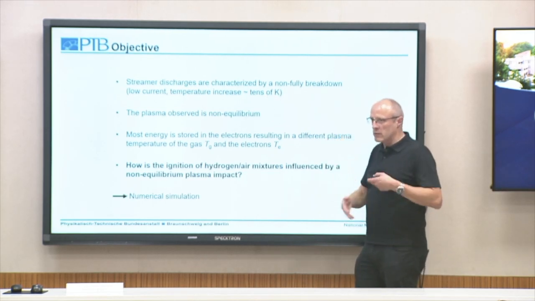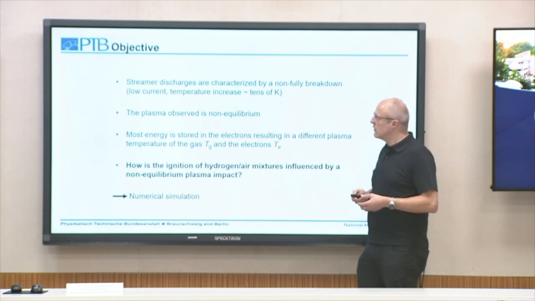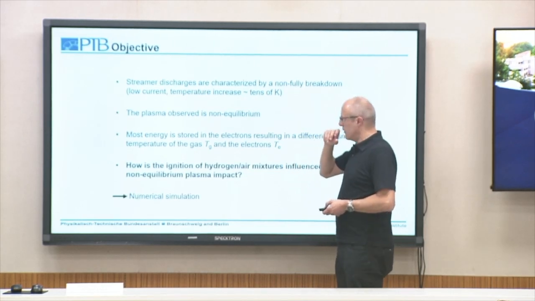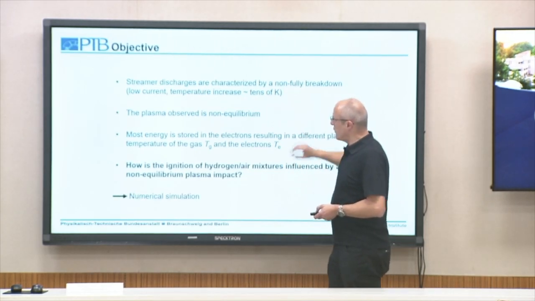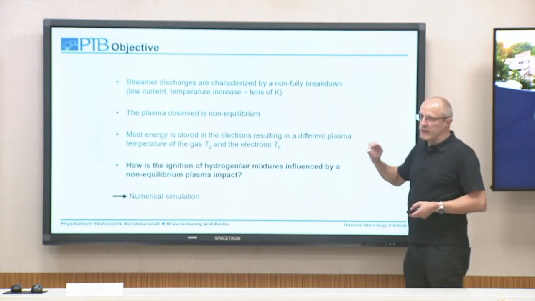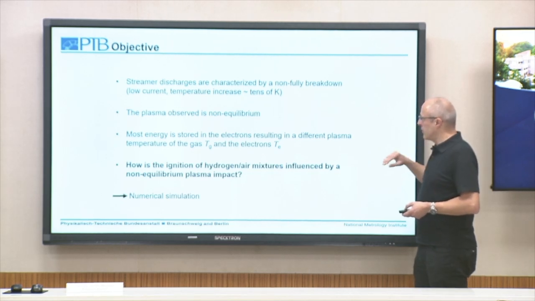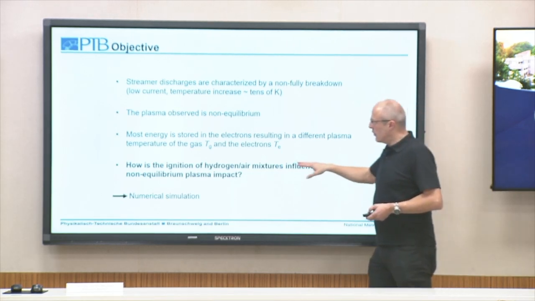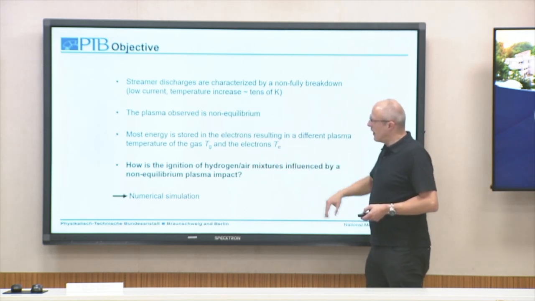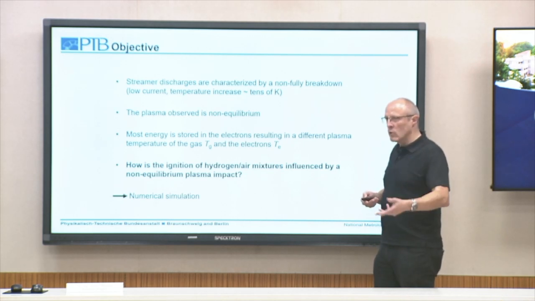So we are not talking about thousands of Kelvin, like for a classical spark, but tenths of Kelvin increase for one streamer discharge. The plasma is non-equilibrium, and most of the energy is stored in the electrons. So we do not heat up the system, but we have these electron impact reactions. We have a lot of fast electrons, which then lead to a lot of radicals in our quite cold